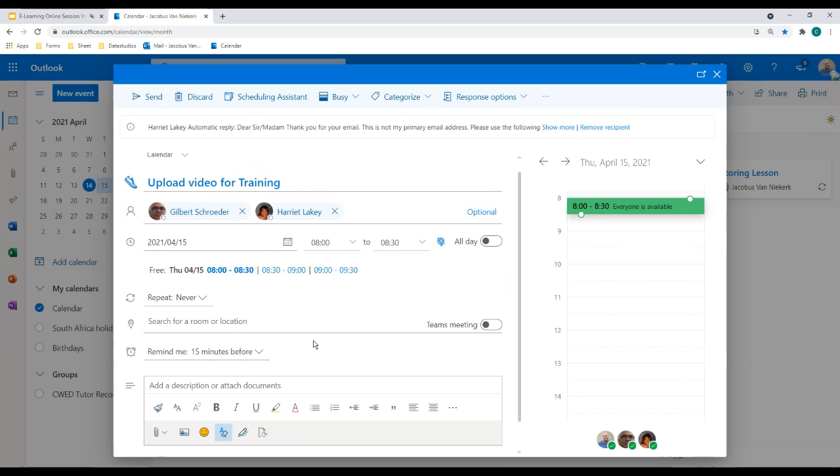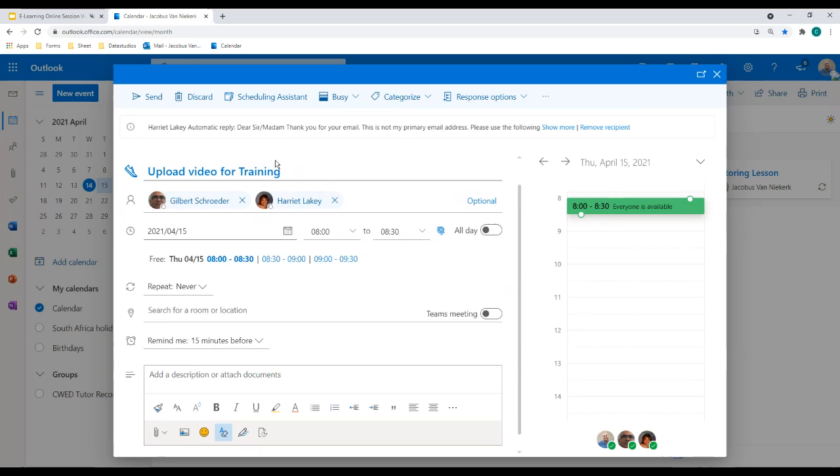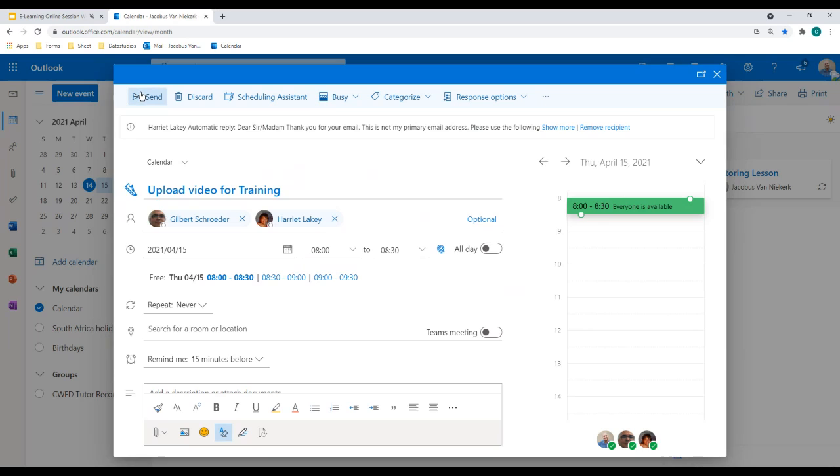Once I'm happy that this is finished, then you just simply click here at the top on send, and once you click on send, they will then get an invitation, an email, where they can accept or reject the invitation. Either way, if they accept or reject it, it will appear on their